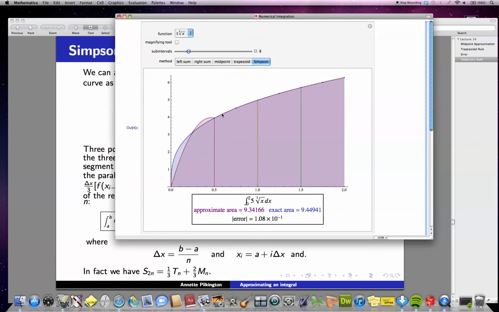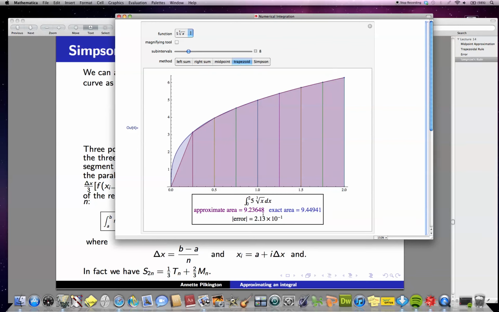Now for the other 3 parabolas, they run pretty close to the line of the curve, so they're a pretty good approximation to the actual area under the curve. So when I add the area of these four constructions with parabolic tops, I get that they add to 9.34166, and the actual area is 9.44941. And the error I'm making is 0.108, and let's compare that to the error I might make using the